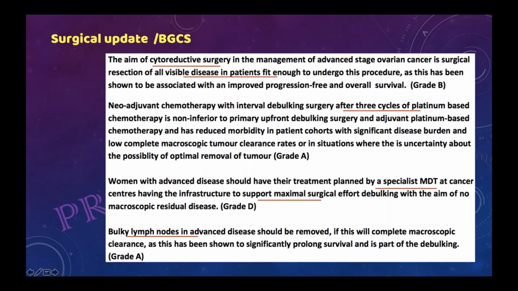But if the patient is not fit for surgery, or the cancer is too advanced, then consideration for neoadjuvant chemotherapy can be done. In neoadjuvant chemotherapy, usually 3 cycles of chemo are given. After that, interval debulking surgery is done. That will be followed by the remaining 3 cycles of chemo. Sometimes they will give a question and the answer comes from here. Therefore, I have explained this.